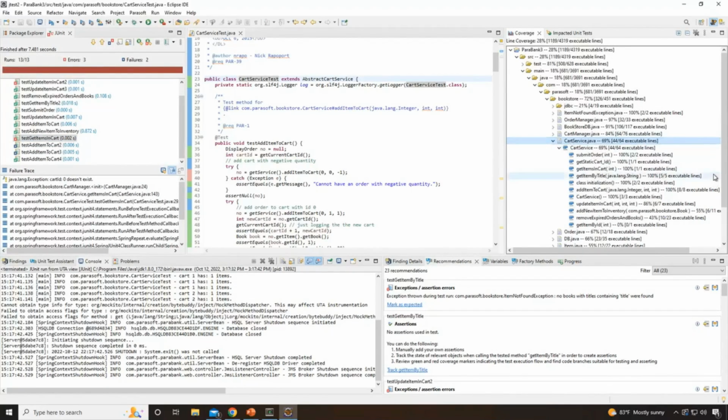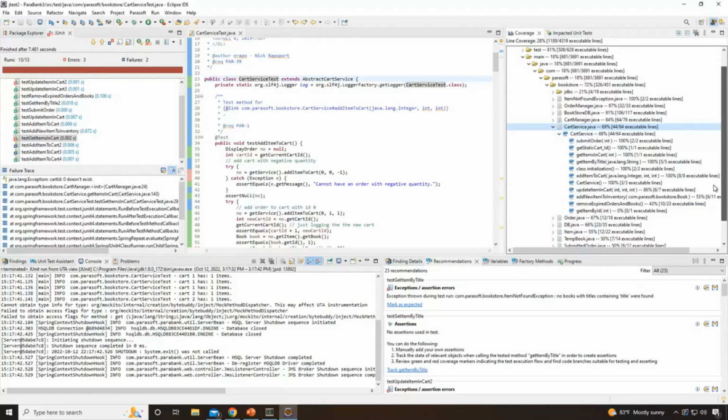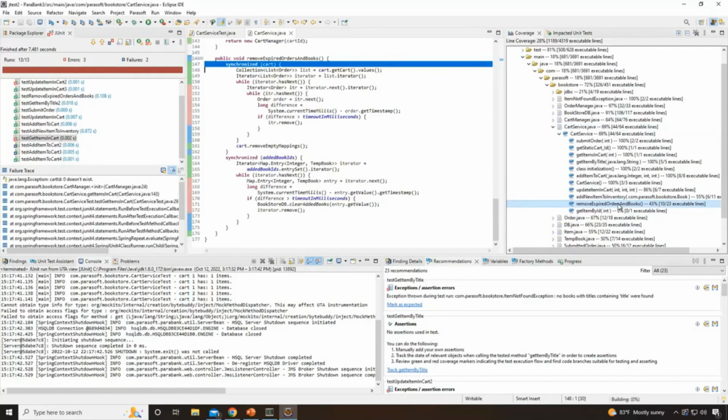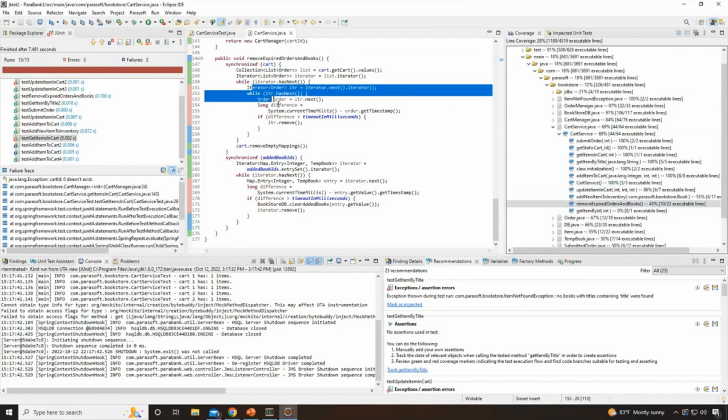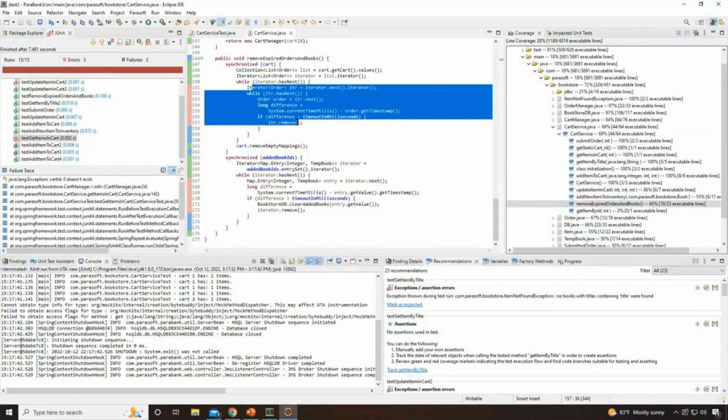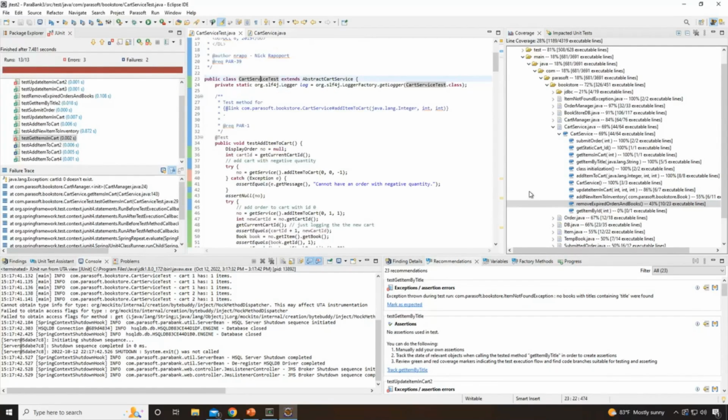But one thing that I also want to show you is if I expand this coverage and I look on a per method basis, I see situations like remove expired orders and books, right? So if I look at this, there's entire blocks that aren't even covered in here. This can happen whether it's an automated test that was generated or whether it's manually generated or whatever. So if I wanted to go in and maybe manually add something,